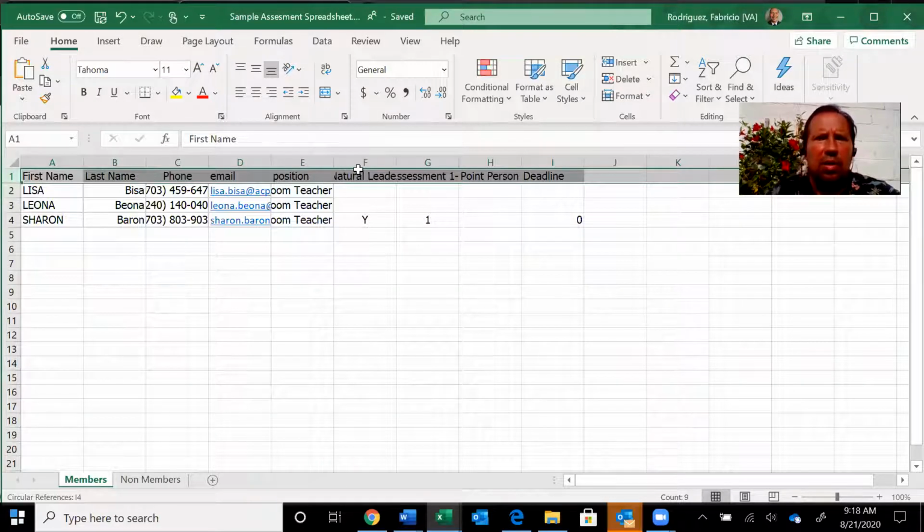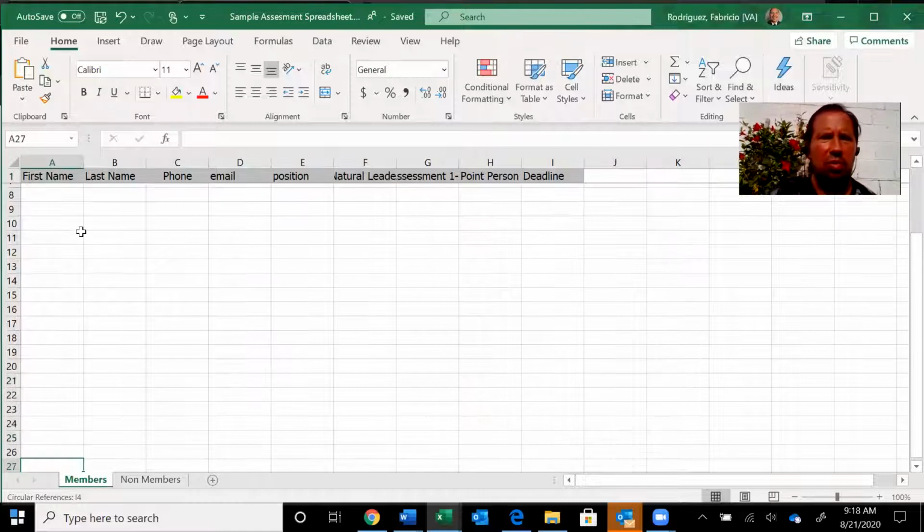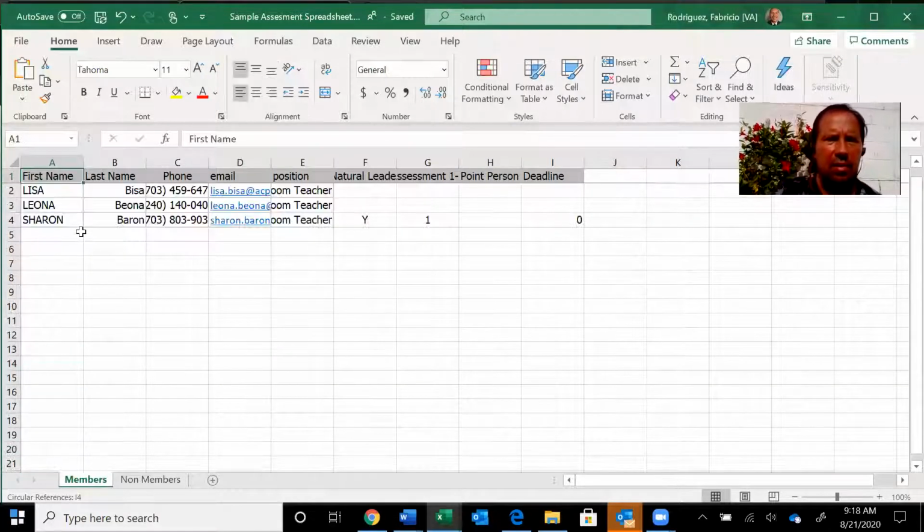What we're assessing for, a couple pointers. So I created these fields, and I'm going to have the same fields across members and non-members. It just is helpful as we begin to gather information on non-members to have similar data. When you create your spreadsheet, go ahead and freeze this top line if you know how to do that. So imagine if, a normal school has more than 3 employees, so that would remain in place as you scroll